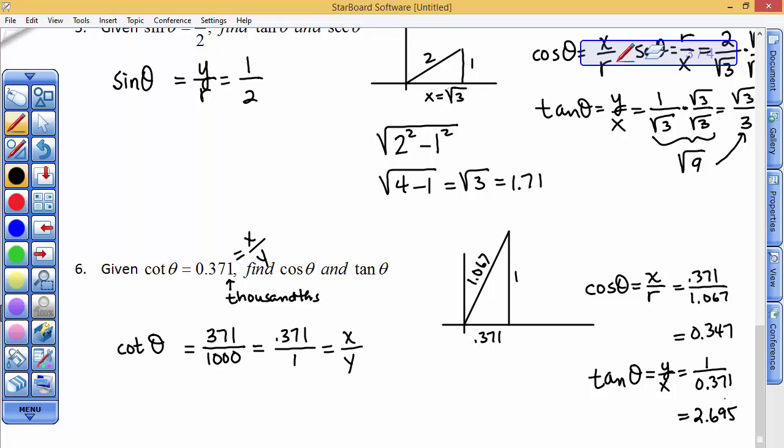So we're just getting used to writing the values for sine, cosine, and tangent in terms of x's, y's, and r's. Given two pieces of data in the triangle, we use the Pythagorean theorem to find the third. We're going to continue on now and start looking at particular angles